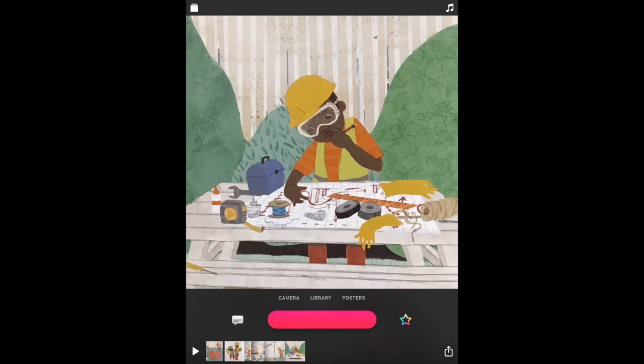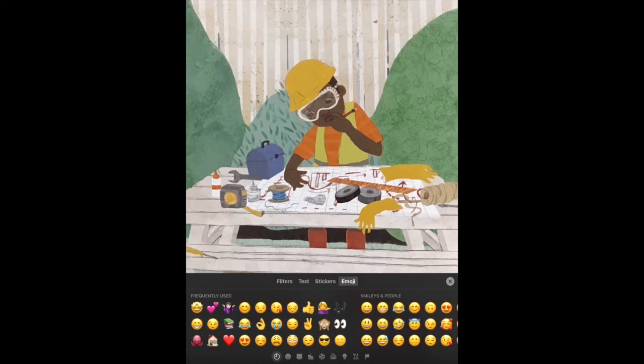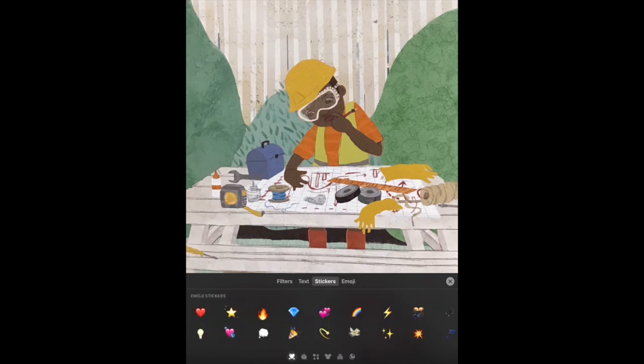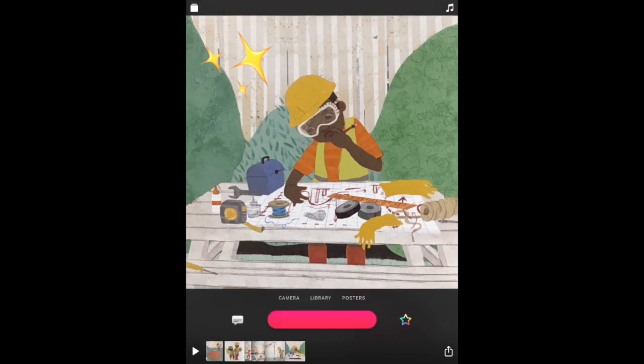Stop recording. Maybe this time I might want to add some sparkles. Let's go back to the stickers. And how about if I add some sparkles over here? You can add your stickers, your emoji, or your text before you start recording or after you start recording, either way. But not every picture needs a whole bunch of glitter on it. Remember, you want people to pay attention to what you're saying and look at the pictures more than all the really fun features. As you go on, you're going to finish up and you're going to add some music, and